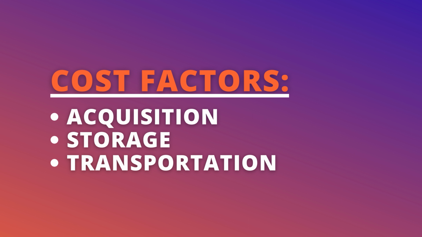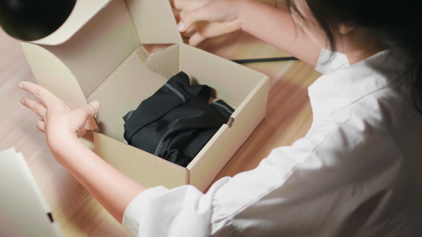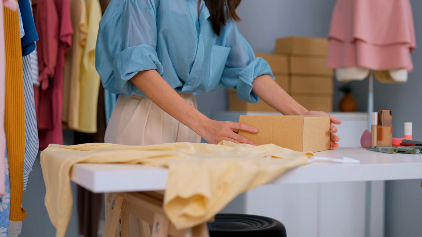product costs a ton in storage, acquisition, and transportation, while your worst-selling product costs nearly nothing to store, acquire, or even transport. Essentially, you might be making more money on the thing you sell the least of. This is a bit of an extreme example, as you probably won't have a vast difference between the cost of goods sold of your products. But it's a good reminder that just because you sell more of something doesn't mean that you're making more money